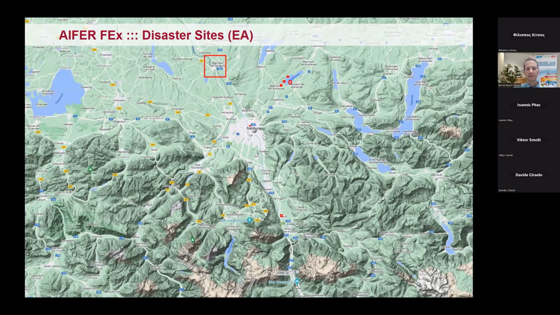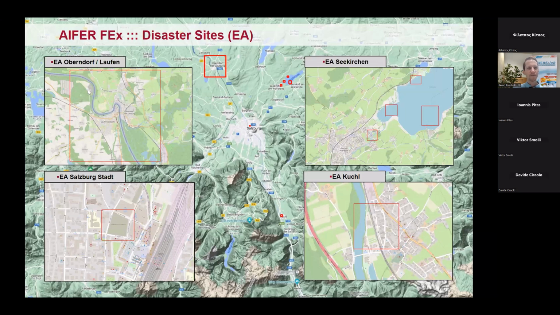Cool. So you see the city of Salzburg here, and in red, you see the crisis areas in the vicinity here, and here of Salzburg, and then in the middle of Salzburg city. Which were, first of all, near Oberndorf here, we had people spotted in the river, who had basically been flooded into the river, and had been rescued by the water rescue. In Seekirchen, we had a lake where we simulated flooded buildings and also cars that were pulled into the lake. In the city of Salzburg, a building collapsed, so we used a demolished building from a public authority.